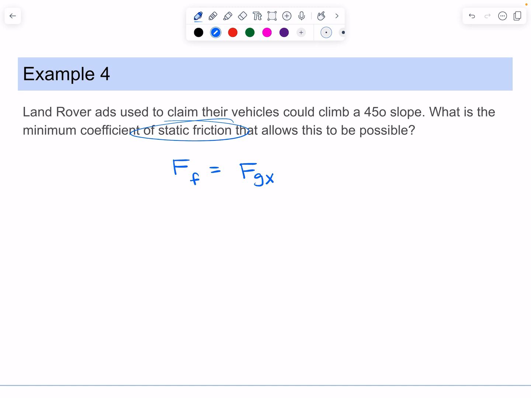And I know that force of friction is equal to mu Fn. And I know force of gravity is equal to Fg